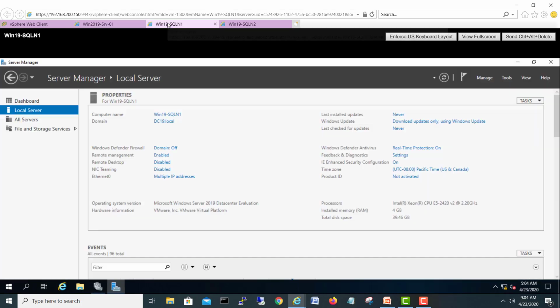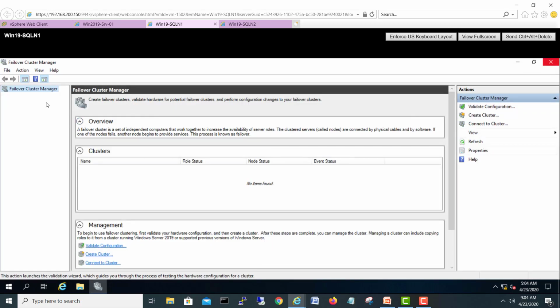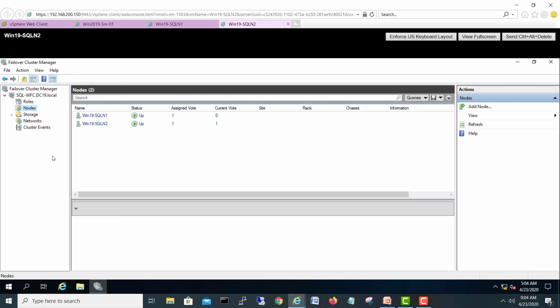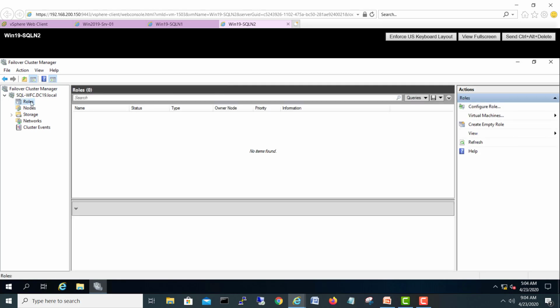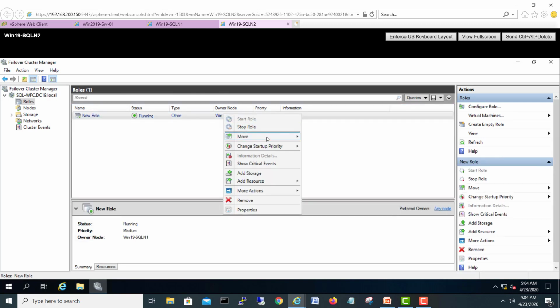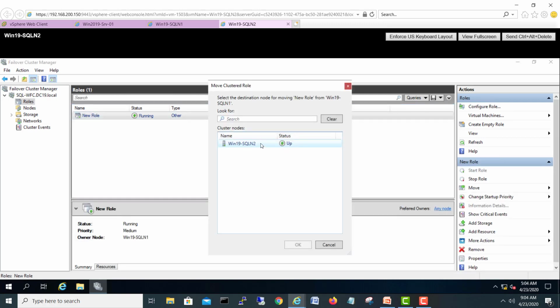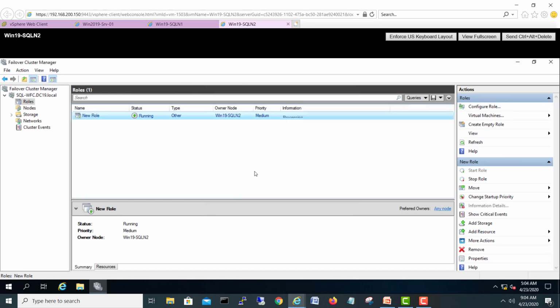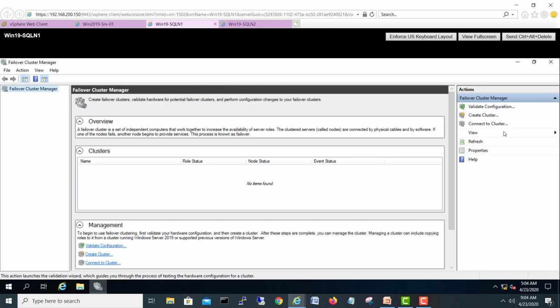So we will go here and close this manager, and let's run some pre-testing to check that the cluster is all good. We'll go into the roles and create a dummy role, an empty role here, and let's move it. Right now it's on node 1. I have to move it to node 2 and check that my cluster things are okay. Yeah, it's up and running. And if I come to my node 1 and refresh,